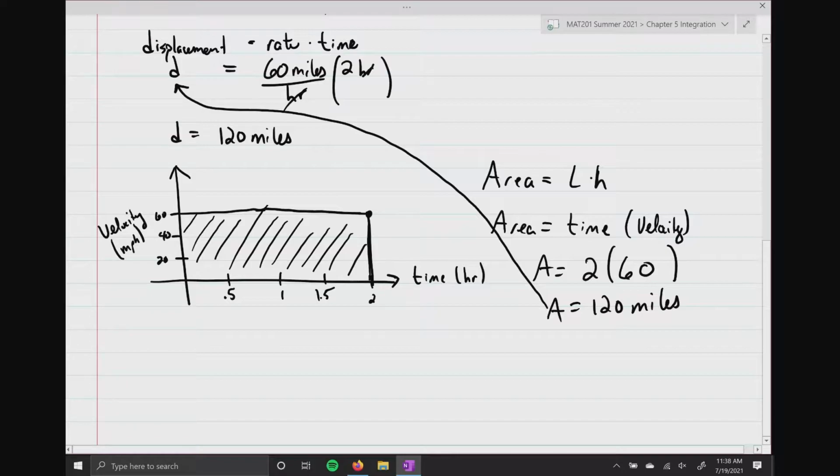Integration is all about finding the area under the curve. So I'm going to write that right here. Integration is calculating the area